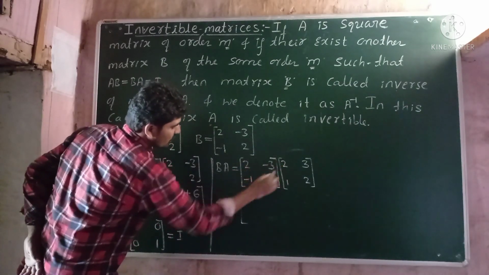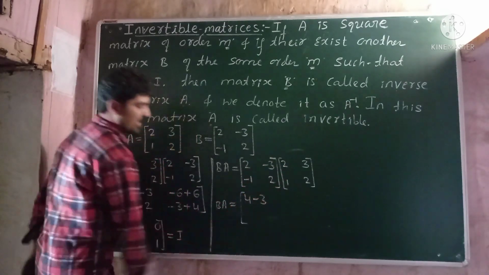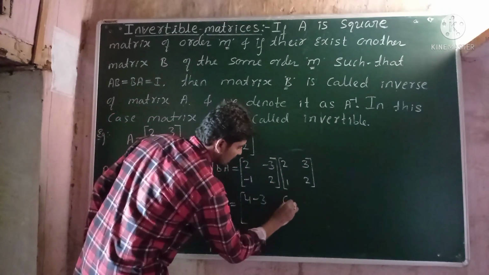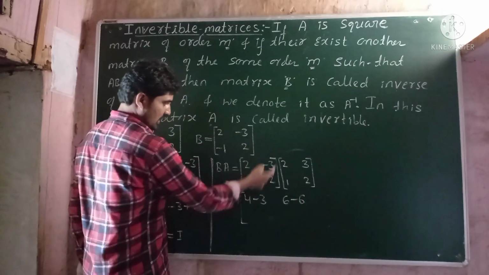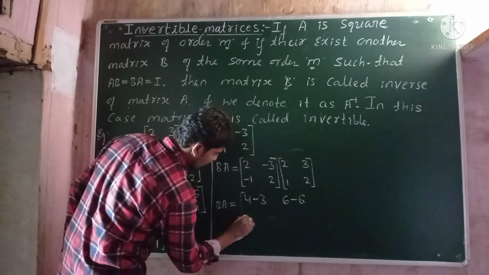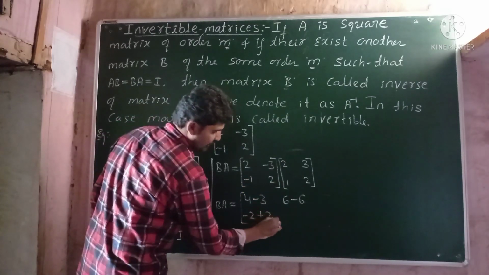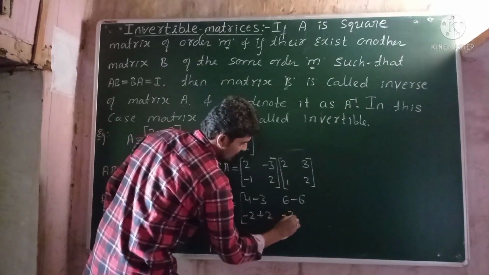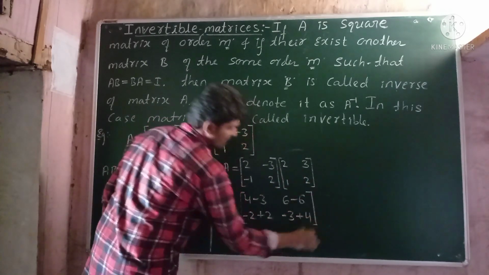First row, first column: 2 into 2, 4, -3 into 1, -3. First row, second column: 2 into 3, 6, -3 into 2, -6. Second row, first column: -1 into 2, -2, 2 into 1, +2. Second row, second column: -1 into 3, -3, 2 into 2, +4. Therefore,